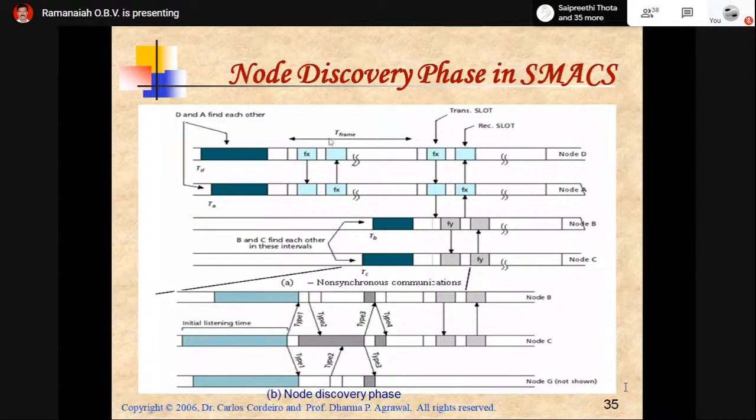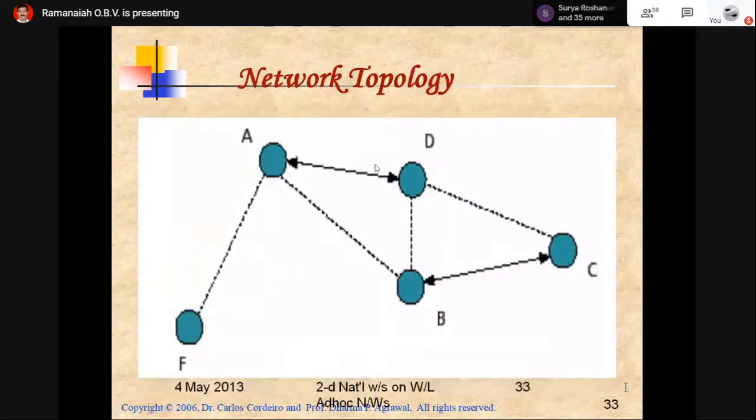For that, you look at this diagram, the above diagram, which is called non-synchronous communication. It is not synchronous. Both will not be sending at the same time. Why? Because it is only half duplex communication. So now let us see here. Node A and D, right? Node A and D,